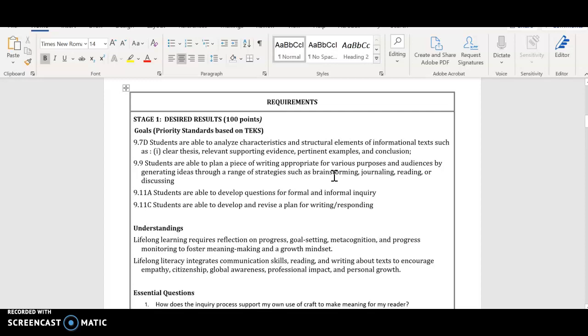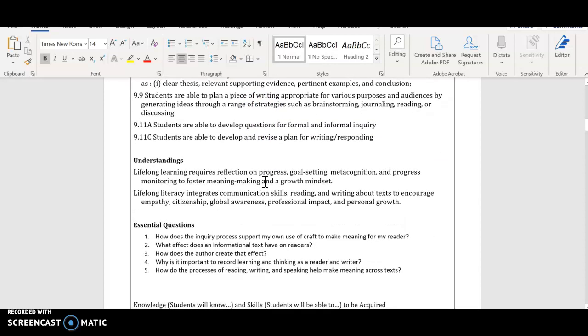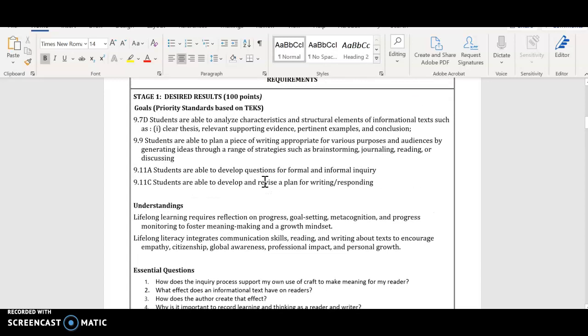outlined the priority standards based on the TEKS and the goals of the class. Here, these are all adapted from the TEKS as Fort Bend Independent School District has outlined in their 2021-22 school year. These TEKS are corresponding with English 1 in our unit, where students will analyze characteristics and structural